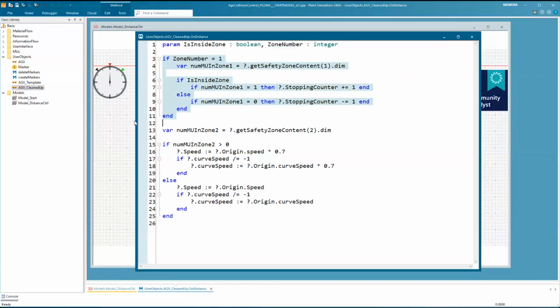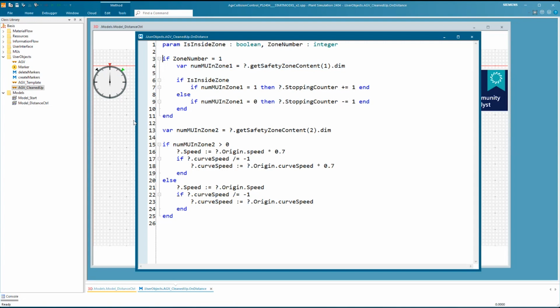The first code block then looks at the case that something happened in your inner safety zone, which is the smaller red safety zone. This is usually the situation where the template code does an emergency brake, stopping this AGV and basically waiting for the problem to disappear. So if something happens in zone number 1, then we get the number of other different AGVs in my safety zone number 1, so in my inner safety zone.